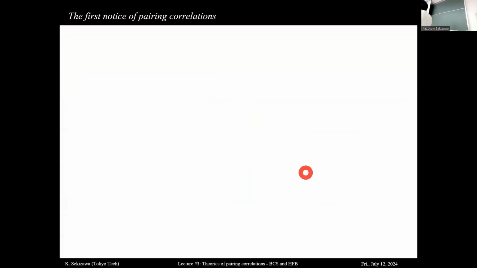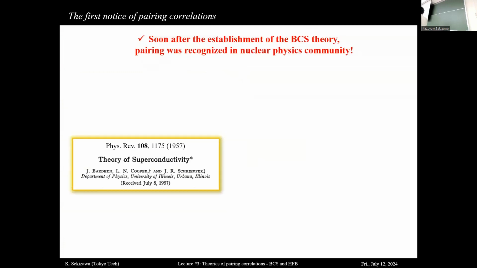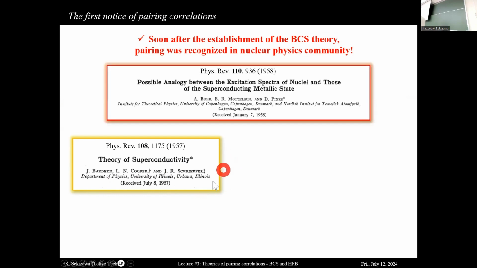The pairing correlations were already established very soon after the BCS theory for superconductors. The theory of superconductivity by Bardeen-Cooper-Schrieffer was published in 1957. This is a famous paper. And then less than 1 year later, so this is July and this is January, you see,